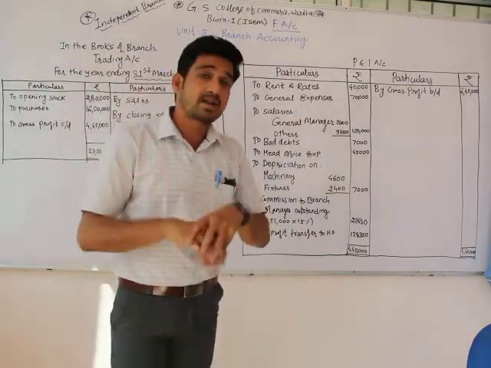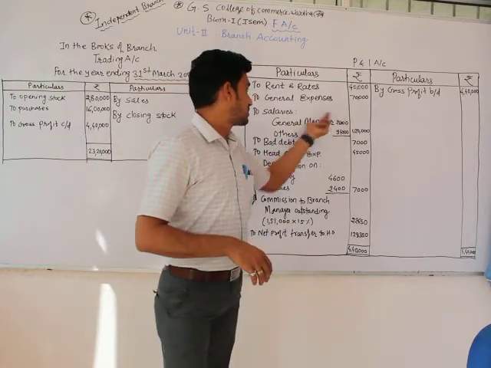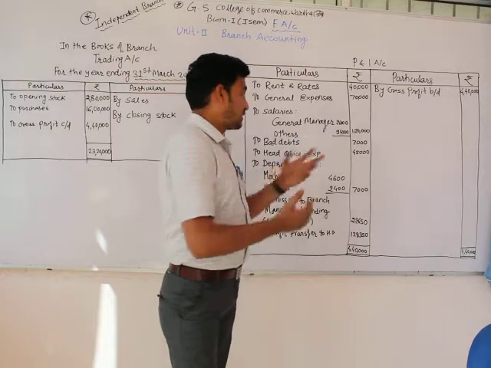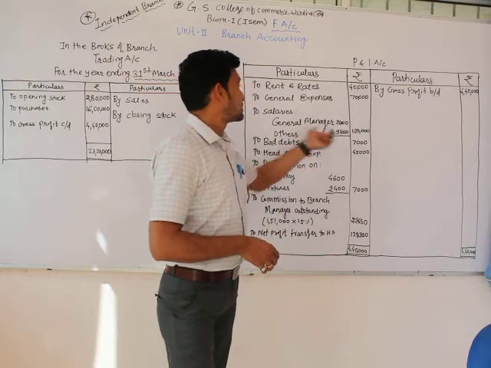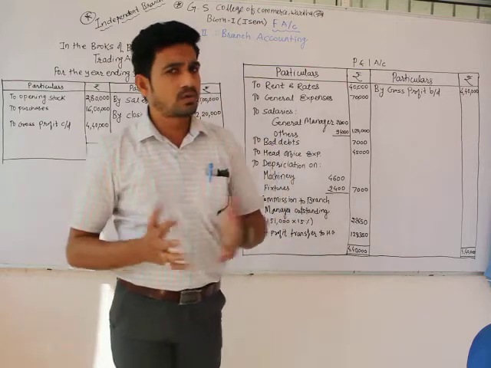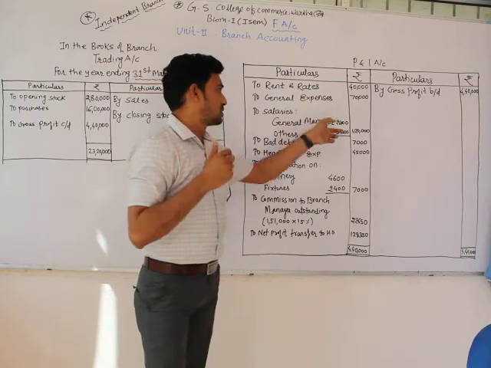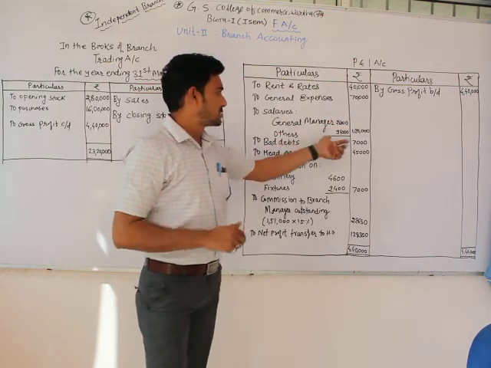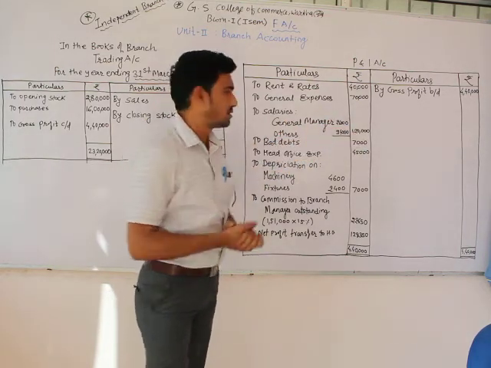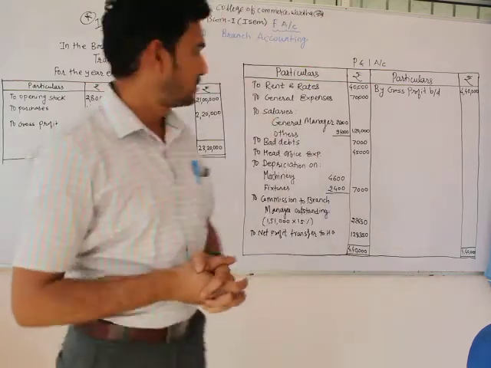In that head of salary 1,20,000, there is the mention of 26,000 salary of general manager. So 1,20,000 minus 26,000 means 94,000. So 94,000 salary is being given to others. There is no particular mention, so we just have to write here others. So salaries, general manager of 26,000, others 94,000, so 1,20,000. There is a bad debt of rupees 7,000.